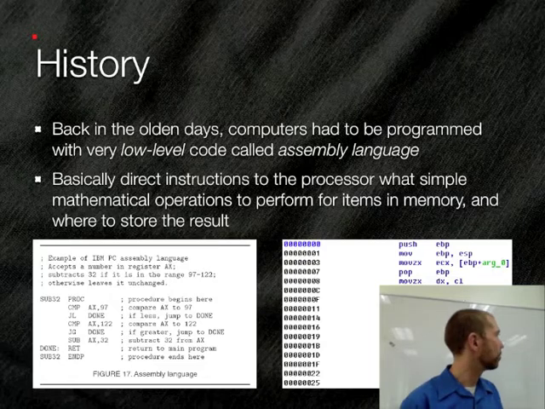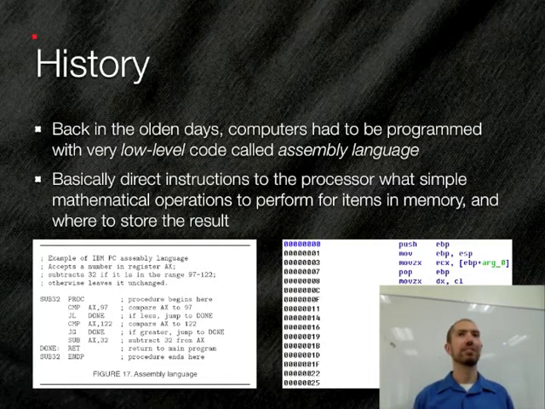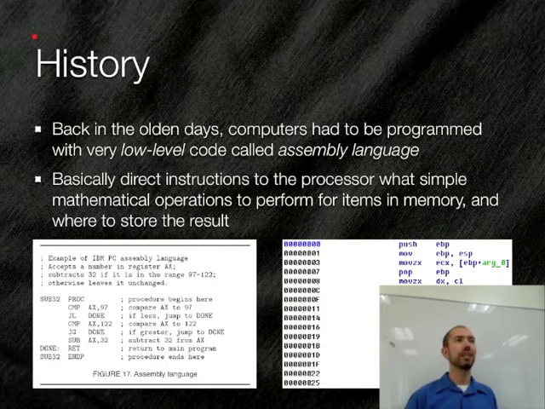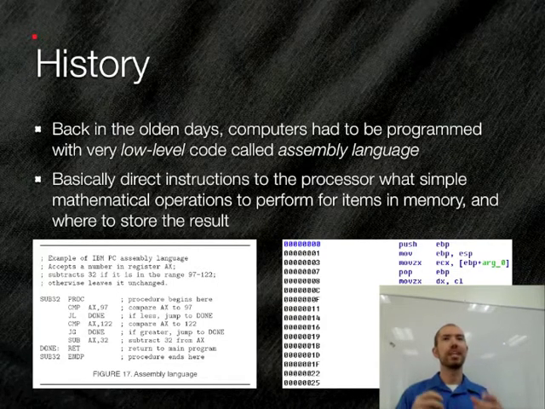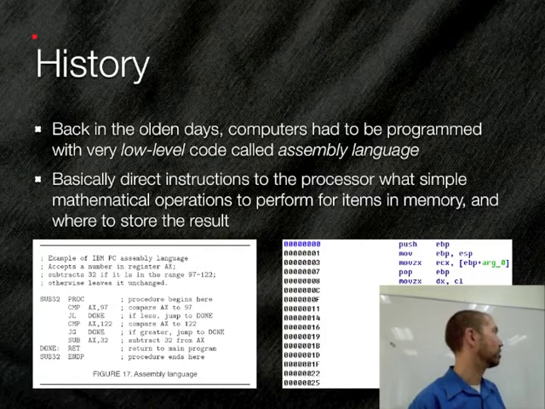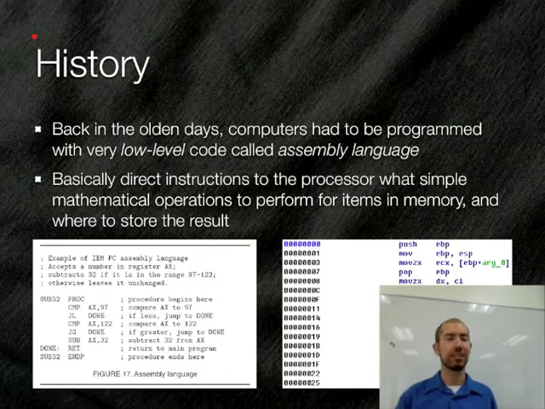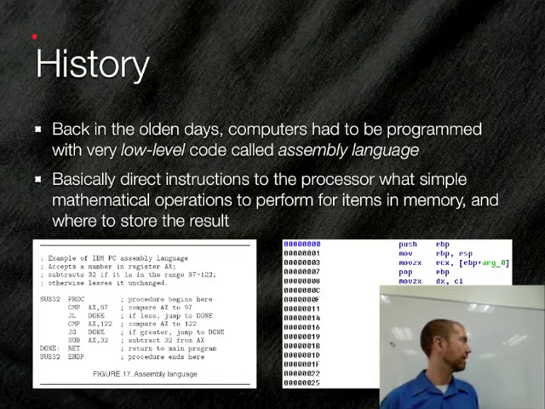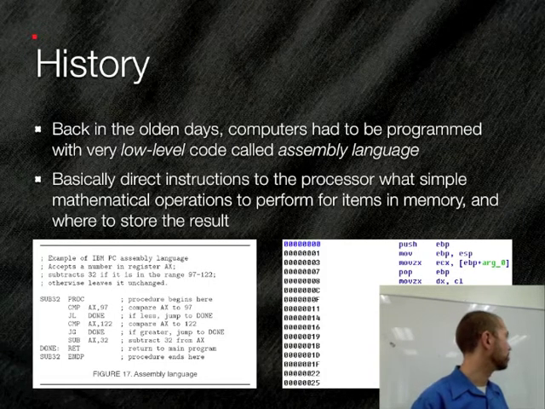The one on the left is for, I think, the original IBM PC. And when I say the original, like back in the really old days, there weren't different types of PCs. There was just a computer called the IBM PC, right? So I think this is for the original IBM PC. And I think this one is for old school Macintosh computers, if I remember right, like the ones circa the late 80s. And you can see that these languages do not look very user-friendly, right?